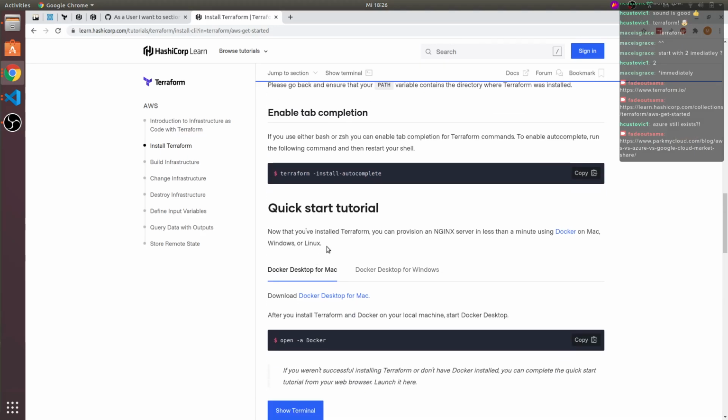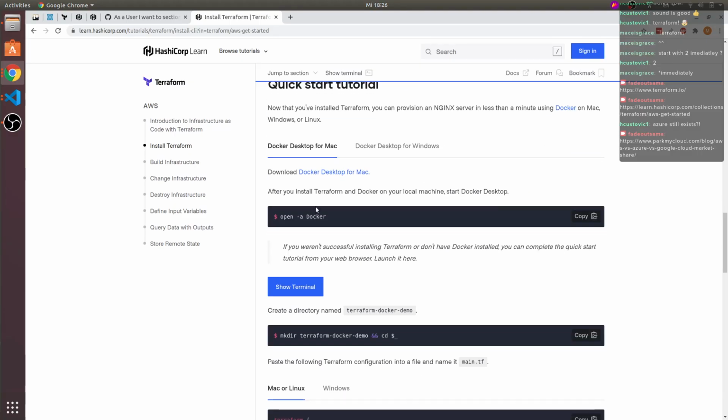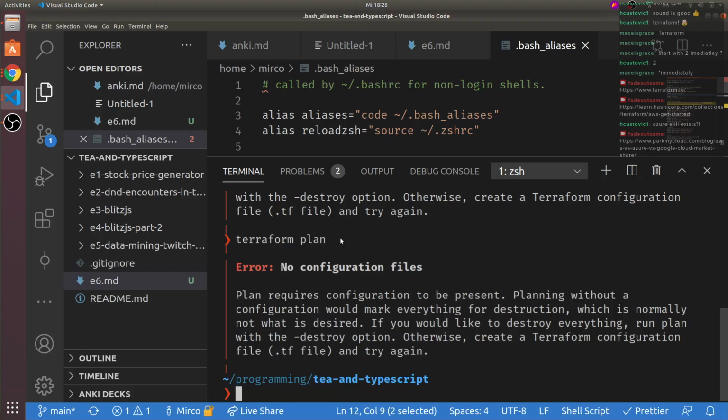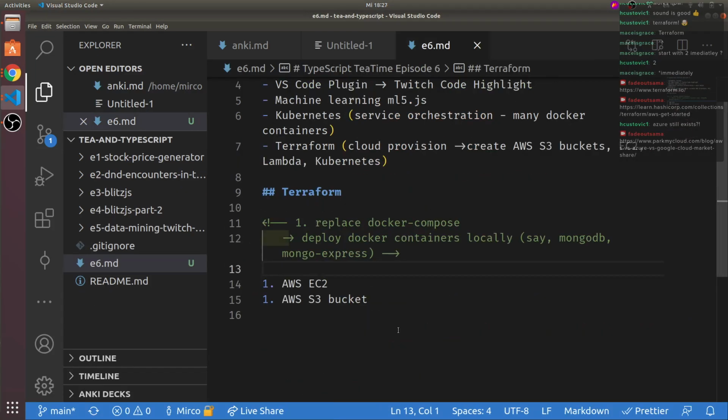And then we get into the quick start tutorial, which is Docker. So what we see, and let's go over it kind of quickly because they introduce a lot of stuff, is kind of three parts.